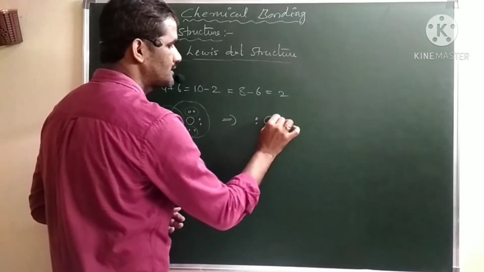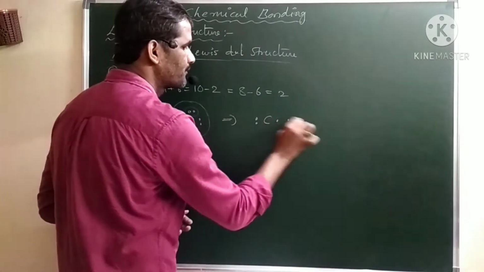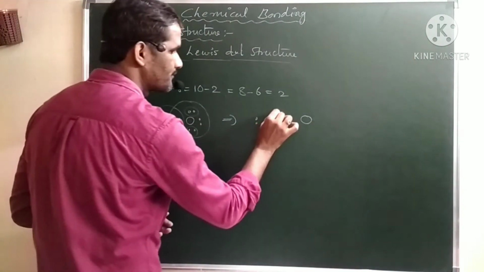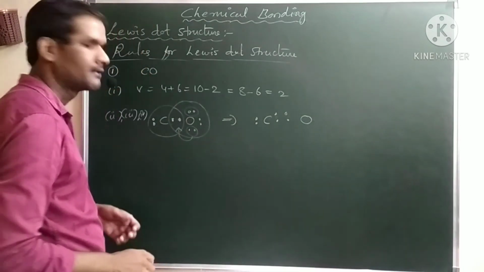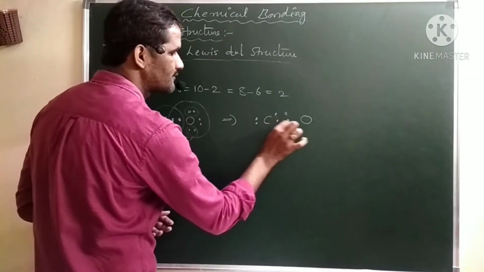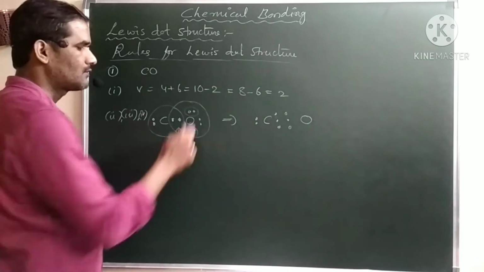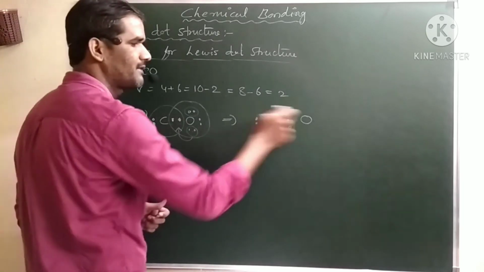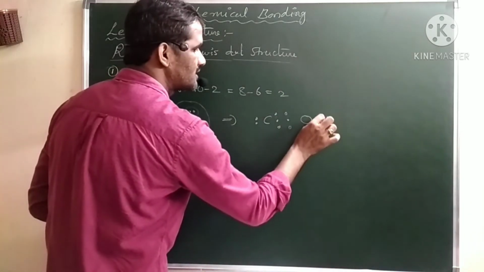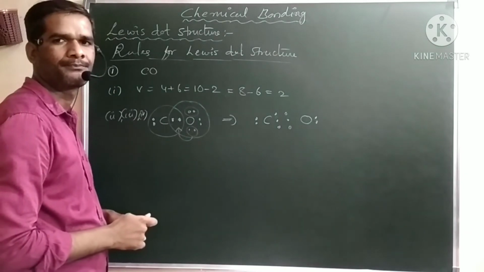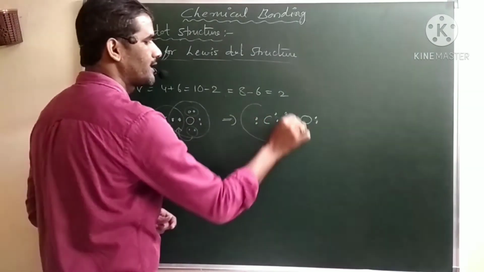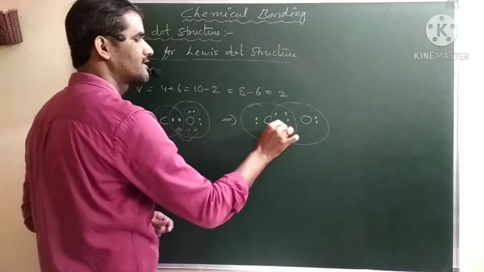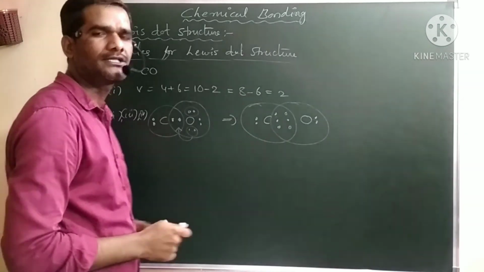So now I am sharing these electrons. Carbon, we have initially like this. Now I am sharing these 2 electrons again between carbon and oxygen. One sharing here. Again one more sharing here. Why? Because it requires 4 electrons. Now these electrons of oxygen are shared. They no longer belong to the oxygen. Now it is shared between carbon and oxygen. And now oxygen is having only 1 pair. Now the carbon, see, it satisfied its octet, here 6 and here 2. And oxygen also satisfied, here 6 and 2. Now both are having 8 valency electrons.